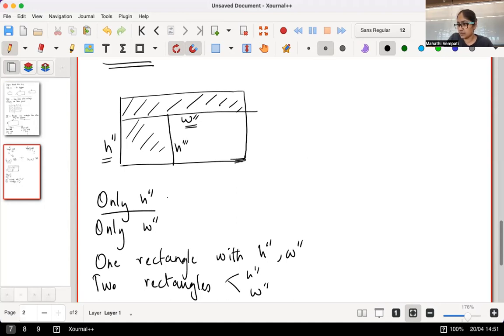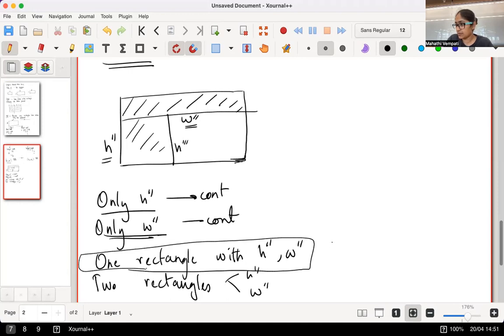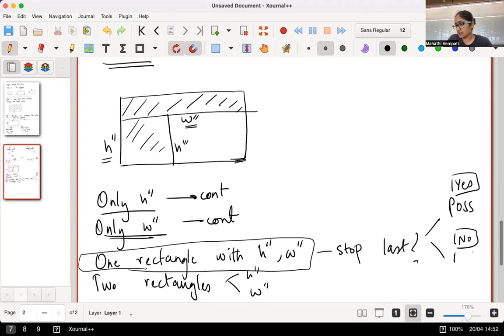So if you see only H prime prime, continue the algorithm. If you see W prime prime, continue the algorithm. If you see one rectangle with H prime prime and W prime prime, stop. This has to be the last one. If not, it's not possible. If this is the last one, it's possible, else not. This particular H prime and W prime are not possible. If you see two rectangles, one with H prime prime and W prime, note that this couldn't have been possible